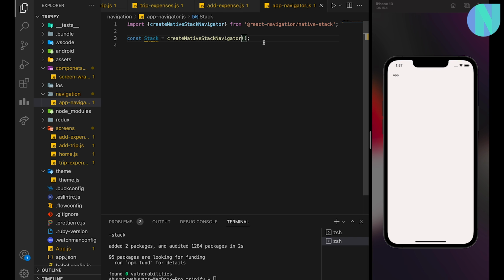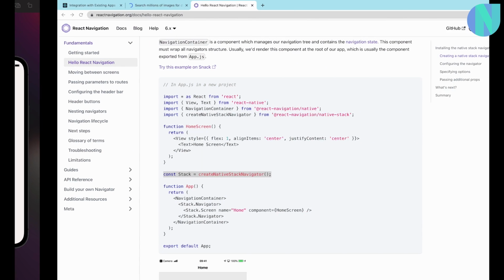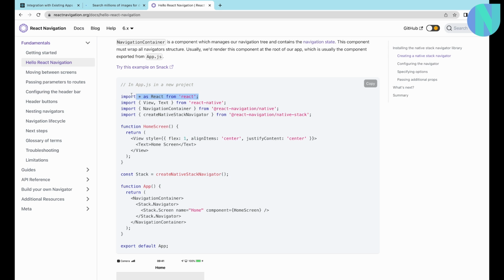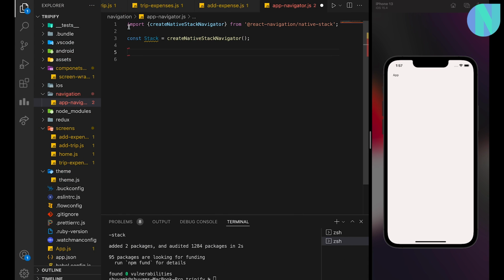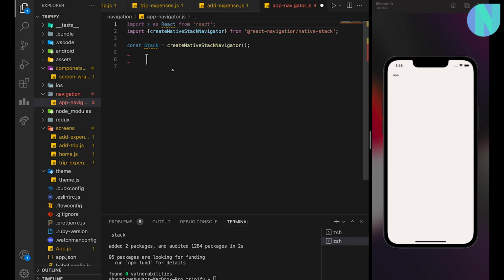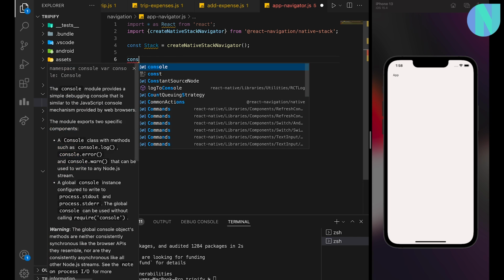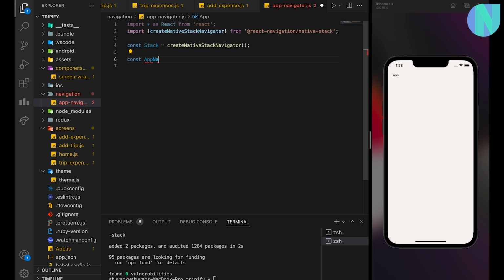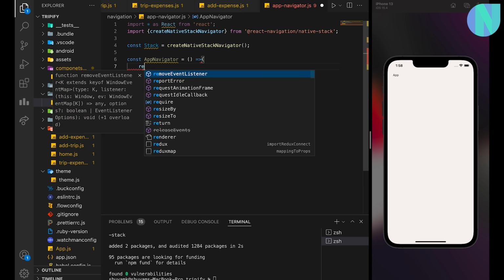As you can see, it's imported. Now we also have to import React since we are using JSX here, so I'll import everything from React. Now let's say const AppNavigator. This is the file name we're using, and this is the arrow function I'm using here. Inside my AppNavigator, I'll just return,